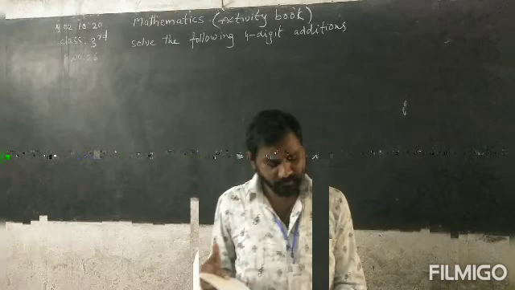Next, 6,578 plus 2,684. First we add the digits in ones place. See here, 8 plus 4. Keep 8 in the mind and take 4 fingers in your hand. You can count 8, after that 9, 10, 11, 12. You can get 12. 12 is a 2-digit number. 2 we take and write down under the ones column. 1 is carried to tens place.